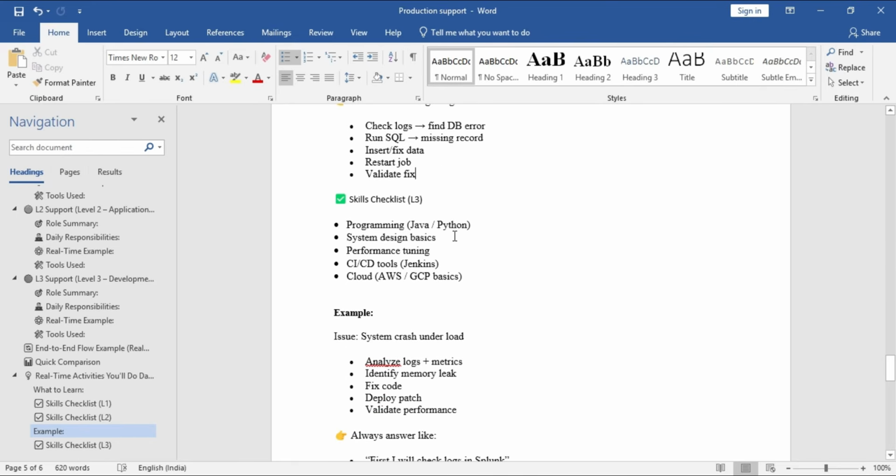Okay, coming to the L3 checklist. These people must know any one programming language, like Java or Python, system design basics, performance tuning, CI/CD tools like Jenkins, and cloud basics, AWS and GCP. These are the basic things for the L3 role. Okay, coming to performance tuning,